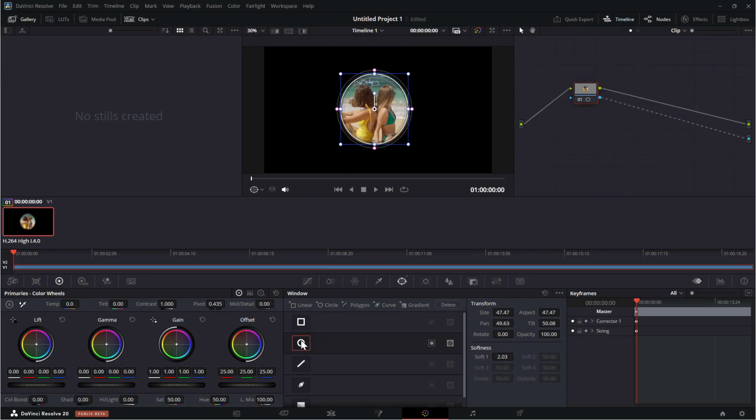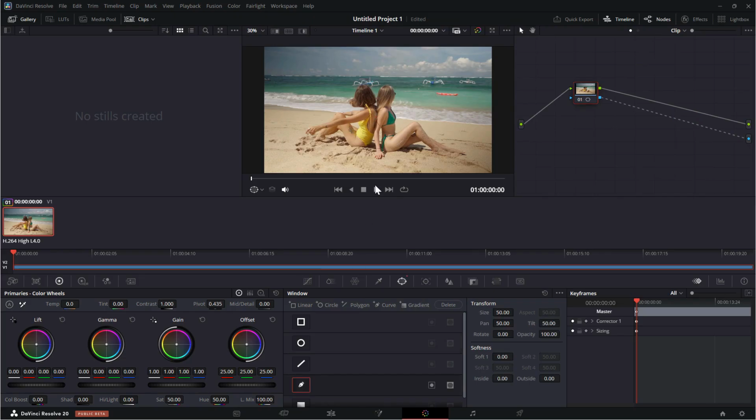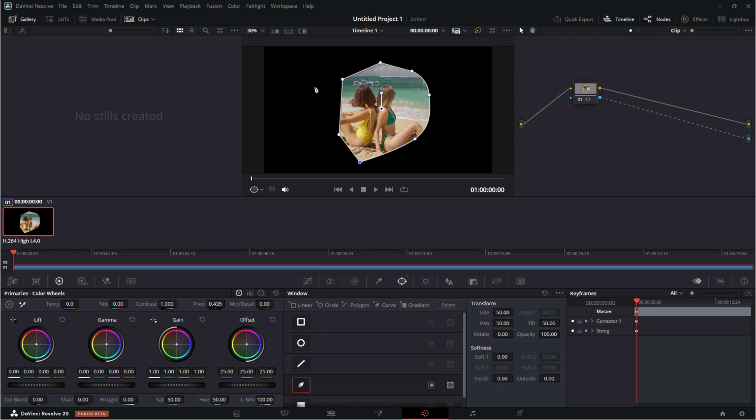Again, if I choose to use, say, a pen tool, for example, now I can just draw this way, okay? And by the way, if I click and drag, then I can have Bezier curves on this as well. And when I close the mask, it's just like a circular mask, except that I have specifically defined the path